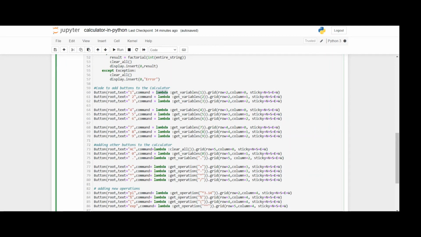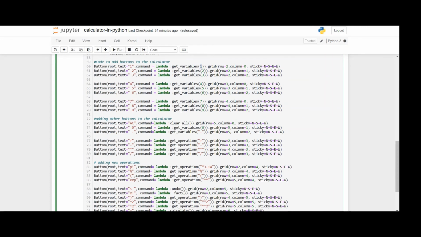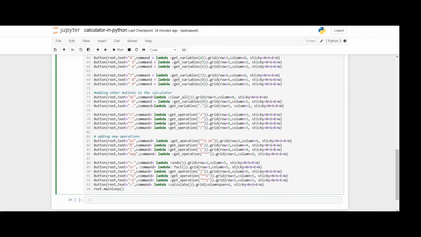We create a lambda keyword by which we call get variable, and in get variable, which variable are we getting? 1. By clicking on the string 1 we get the value 1. In the same way we set all the numbers, and plus, minus, multiplication, division, anything you want.